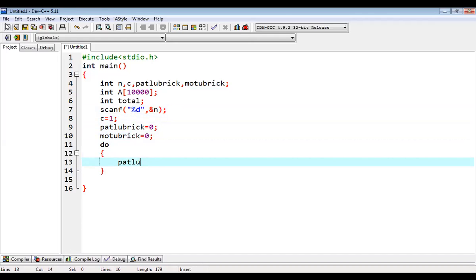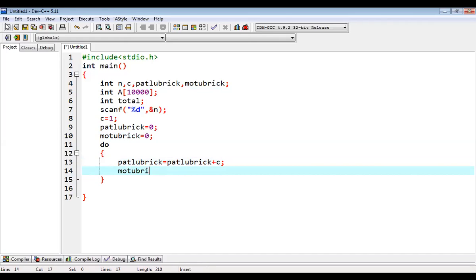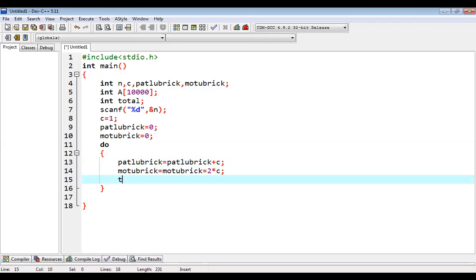So after every round, it is given in the problem that Patlu brick is increased by the count. In the first round, it will be increased by 1, and Motu brick will be increased by 2 multiplied by C. So the total after the first round will be the total of Patlu brick plus Motu brick.